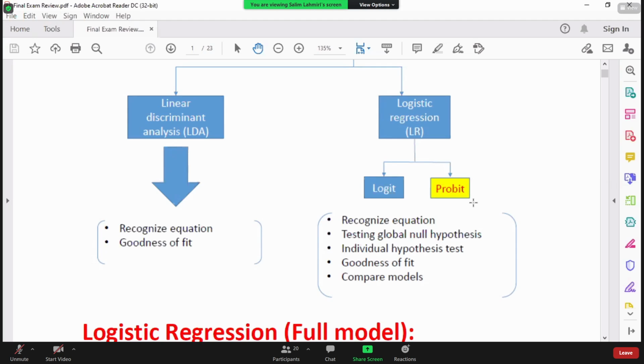And for probit, yt is equal to 1 over root of 2 pi, the normal distribution. Under logit and probit,